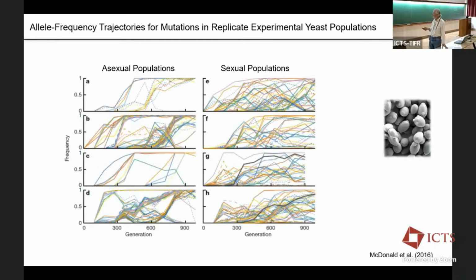You can see these sorts of things in laboratory populations in which large numbers of individuals are marked. And this just happens to be a set of replicate studies done in yeast, where yeast are just figuring out how to grow more rapidly in a test tube. And you can follow the individual clones over time. And you can see in asexual populations, you'll see these big bundles. Each one of these is a polymorphism going to high frequency. And you can see in asexual populations, there's a whole bundle of fixations all at once.